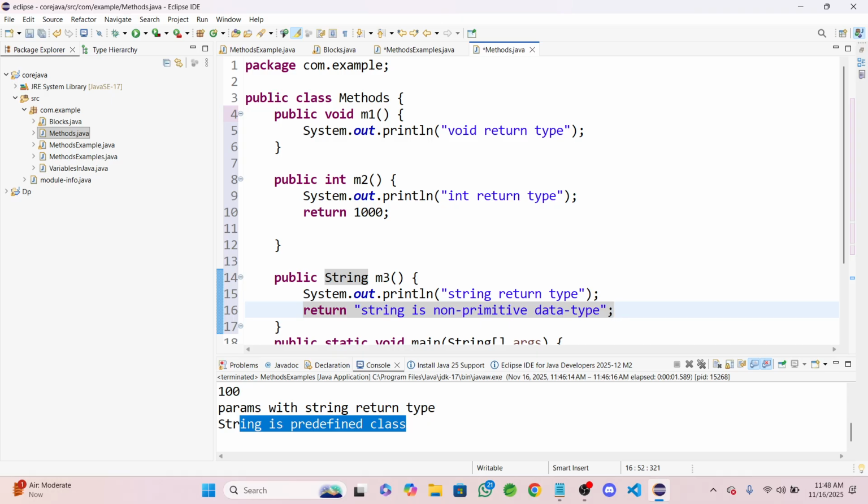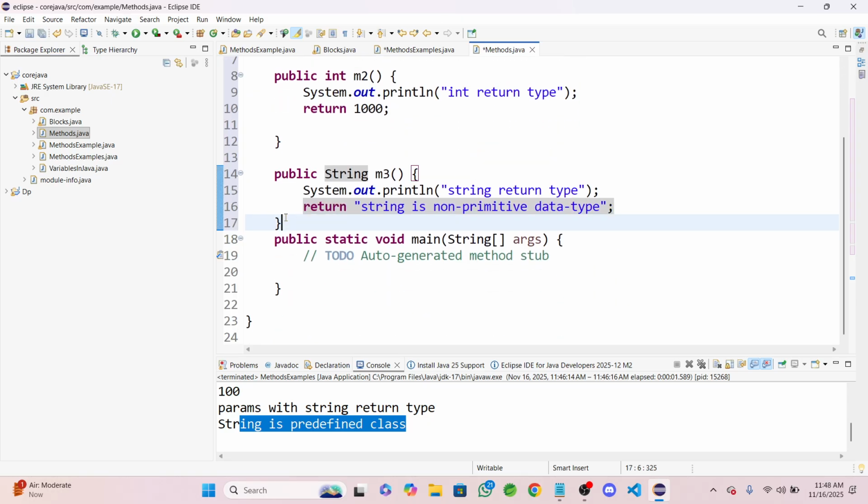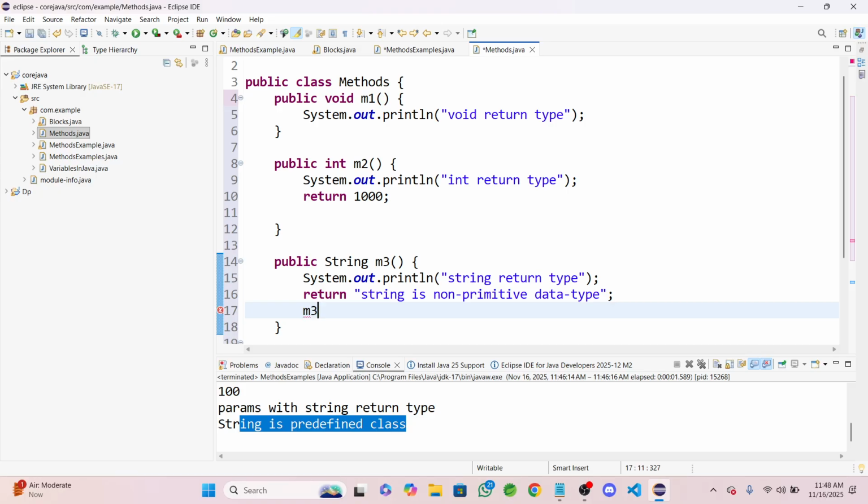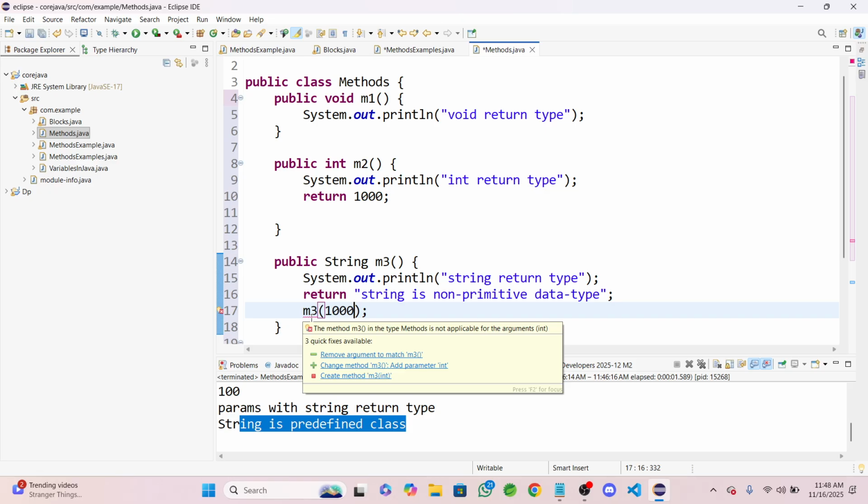String is a non-primitive data type. But if I want to include m2 in m3, and you are calling m3, what is the return type? It's like 1000, right? So look at this message: the method type method is not applicable for the argument of int, because